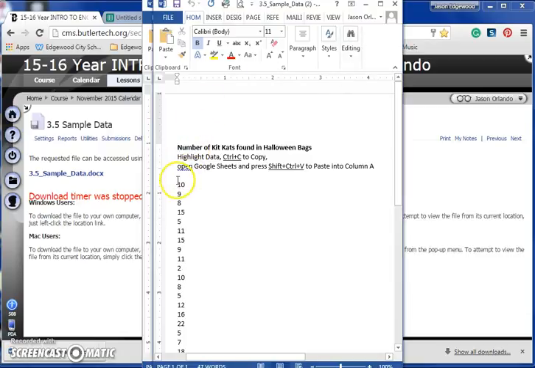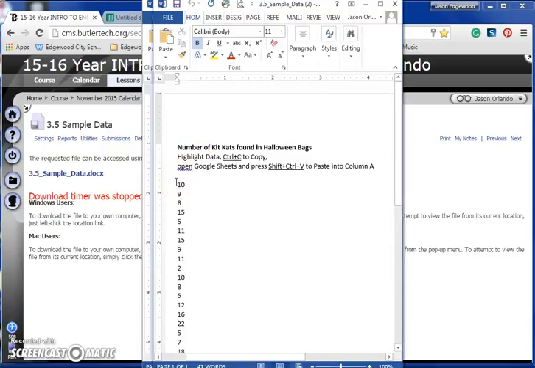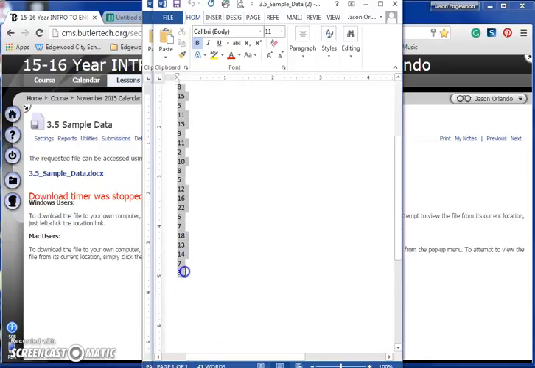I would like you to highlight this. The data here, if you're wondering, we just had Halloween, so we are looking at the number of KitKats found in Halloween bags. So a group of happy trick-or-treaters were surveyed to find out how many KitKats were in their bag at the end of the night. And these are the responses. I'm going to take this data, we're going to copy it from here, we're going to go to Google Sheets and paste it into there. Click, drag, highlight,